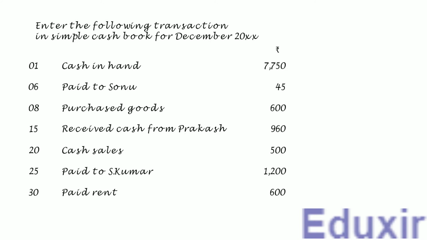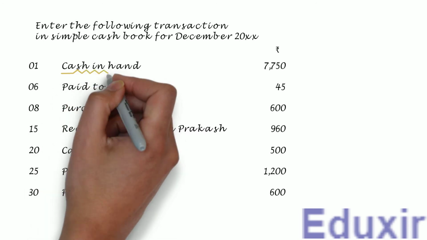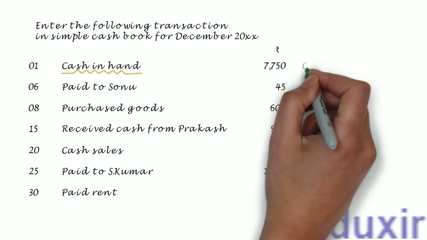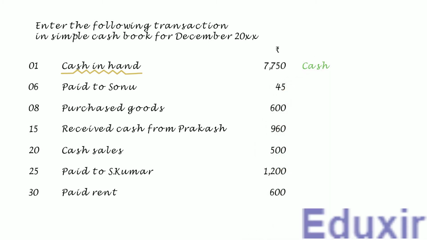In the first transaction, the business has 7,750 rupees of cash in hand. Note that, just like most of our previous problems, this is not a case wherein the business is started from scratch. So, this transaction is balance brought down from the previous month. As you know, the cash at hand is an asset brought down from the previous month. The rule to record an asset brought down is to debit the corresponding assets account. In this case, the cash account should be debited.